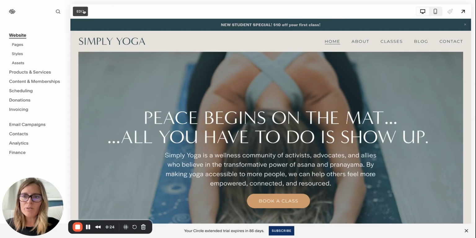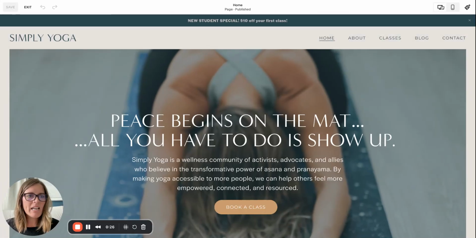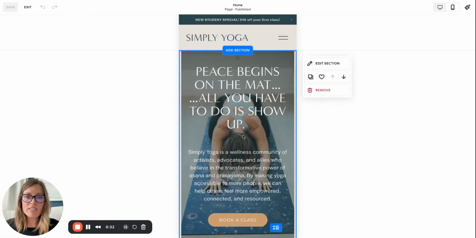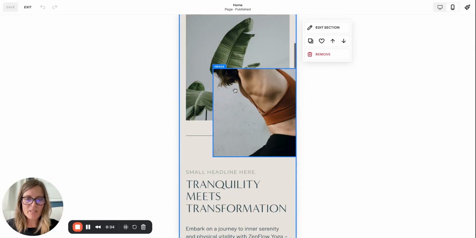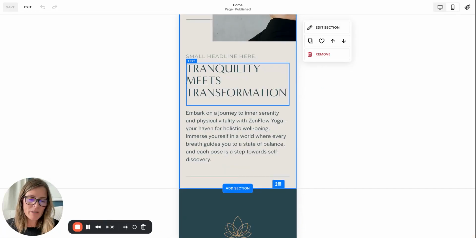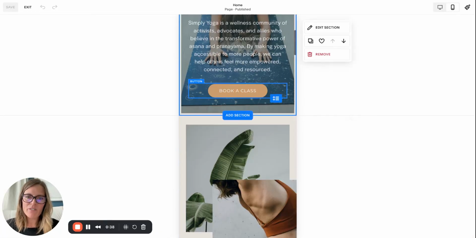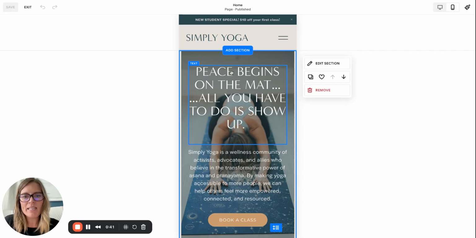And then what you'll want to do is click edit, and you'll see these two icons here. There's desktop view and there's mobile view. Click on the mobile view and you'll see your site in a mobile platform. And what you'll probably notice is that things are going to be kind of out of order. I'm using our Simply Yoga template here, which has already been set up for mobile, so you don't really see